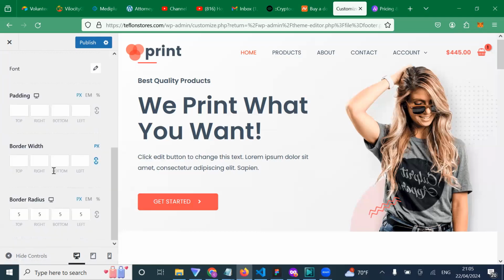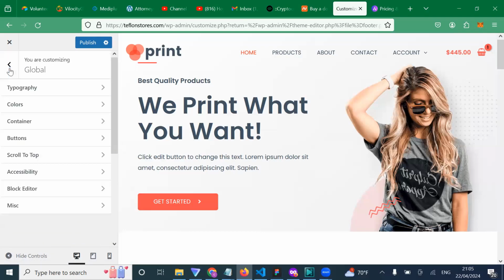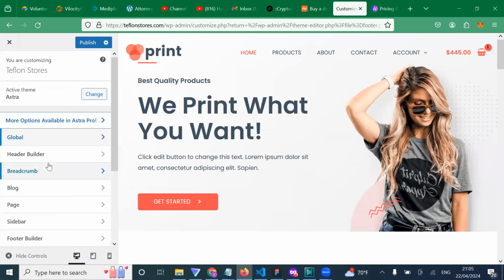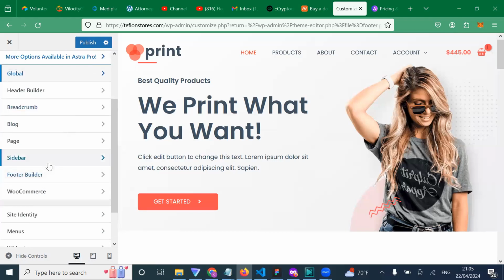And so on and so forth. This is just where you do your basic customization of the header. This is your scroll top, and so on and so forth. So why I'm showing all these things is that all you need to do for yourself, if you want to go far,